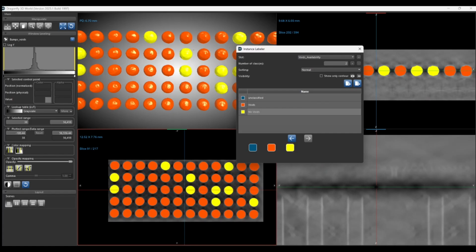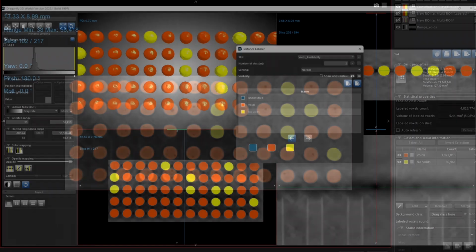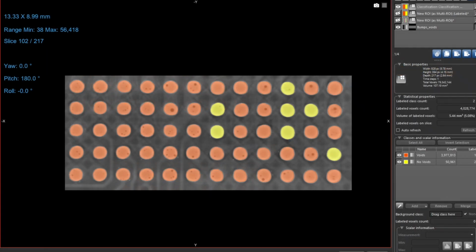The idea is that first, an instance labeler is applied to already segmented data, as in the example shown here with microbumps. As a user, you then train the model on which instances should be classified in which category. In this case, I have bumps with and without void. Once the model is trained, the output result then takes on brand new datasets and classifies these as voids and no voids, orange and yellow in this case, allowing you to classify several datasets of a similar type quickly and efficiently.